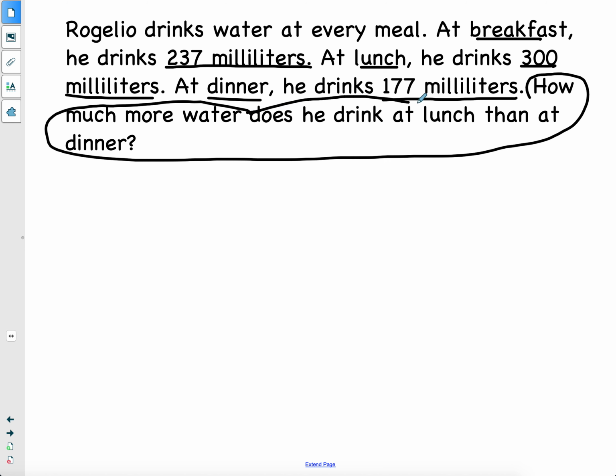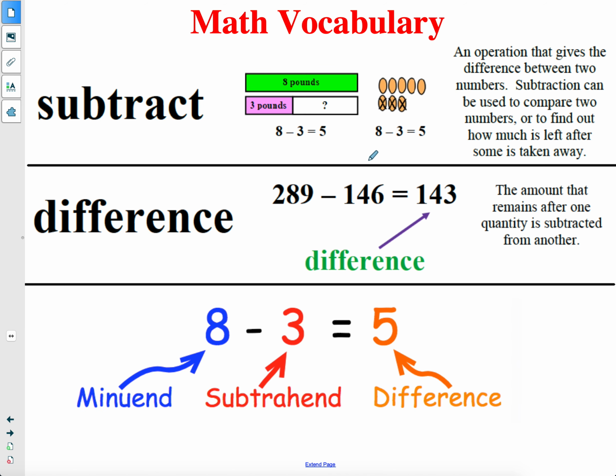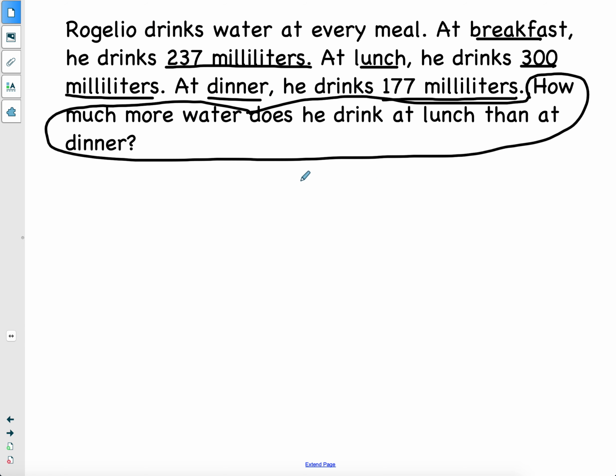So I remember from yesterday's lesson, when I hear things like how much more, how much less, I'm looking for the difference or a comparison between those two numbers, and my subtraction definition tells me that I can subtract to compare two numbers or to find the difference between two numbers. So I'm going to go ahead and subtract. It says lunch and dinner, so I'm trying to subtract the difference between lunch, 300, and dinner, 177. So my greater number always goes on top,